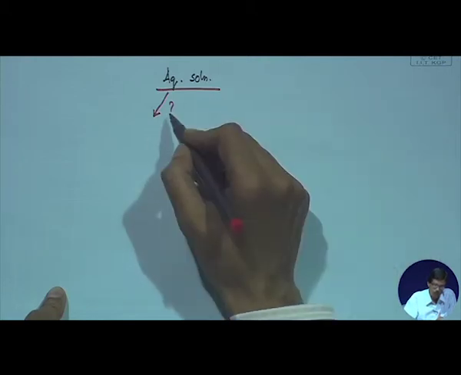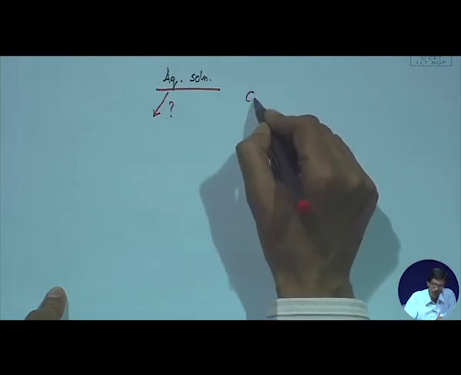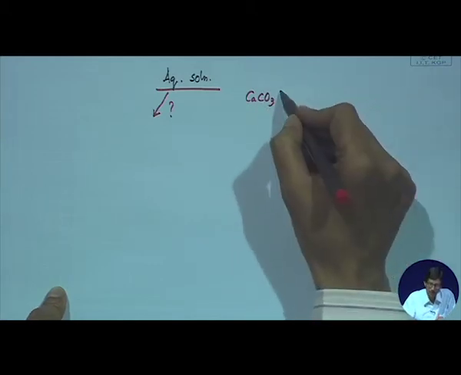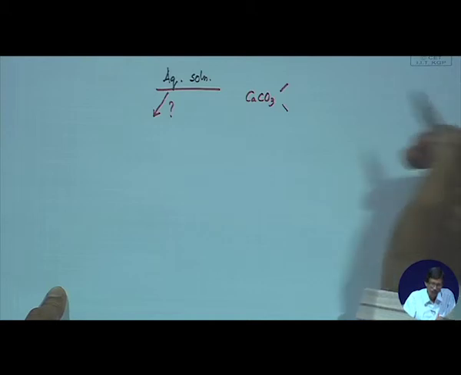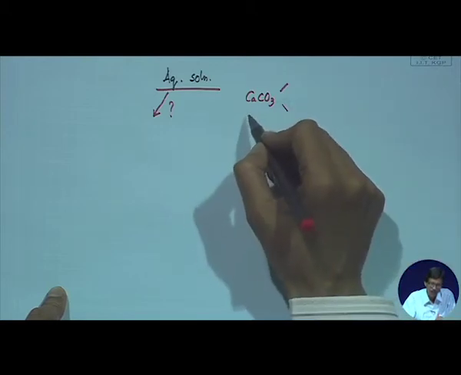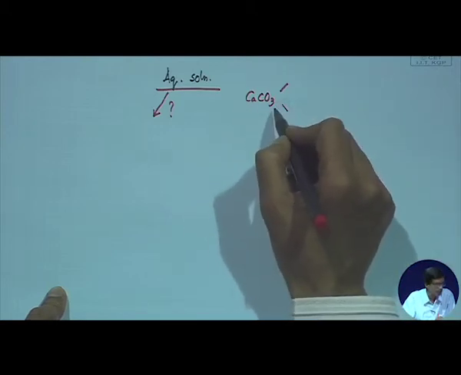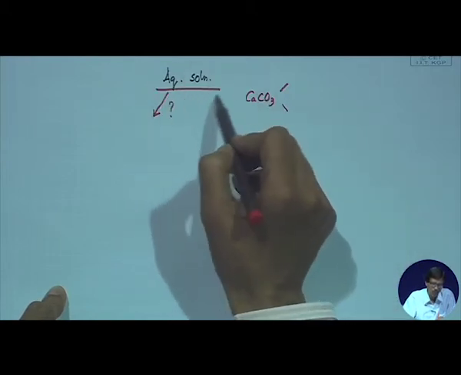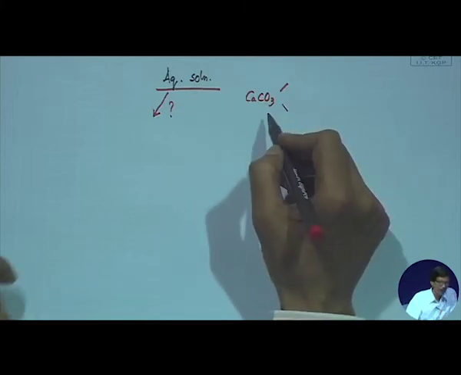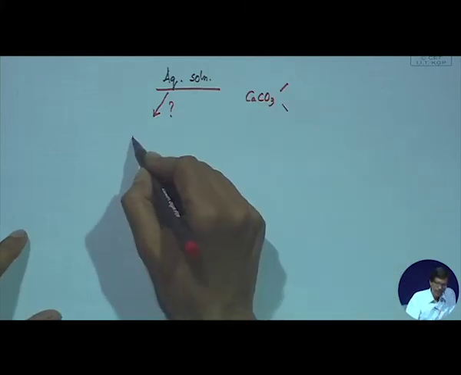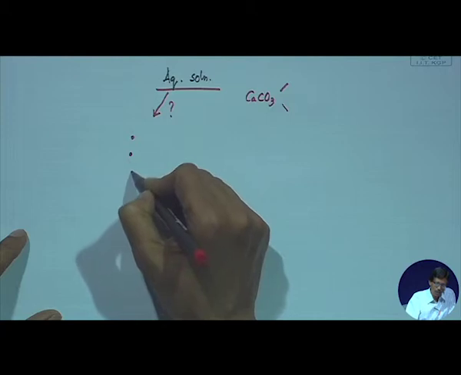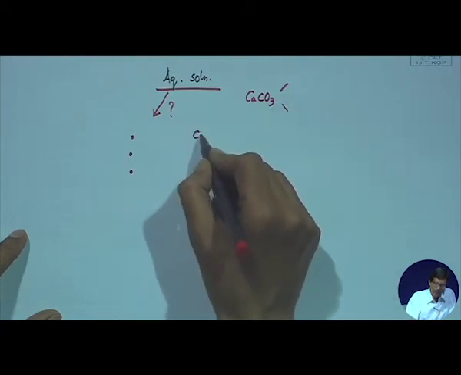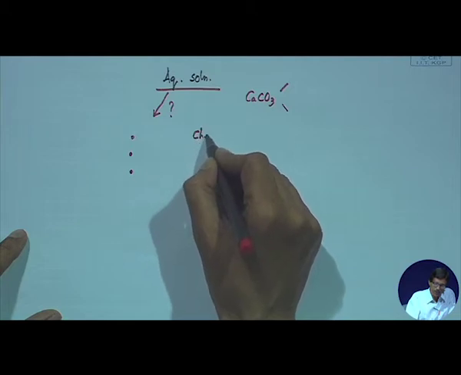So, if we know that it is a rock sample, then not only calcium carbonate is there, but several other things are also there, but the major constituent, say 90% or 80%, is calcium carbonate. So, handling this aqueous solution, which can be a saturated solution of calcium carbonate, there are several things we can think of from this aqueous solution. So, we can have some idea about the chemical composition.